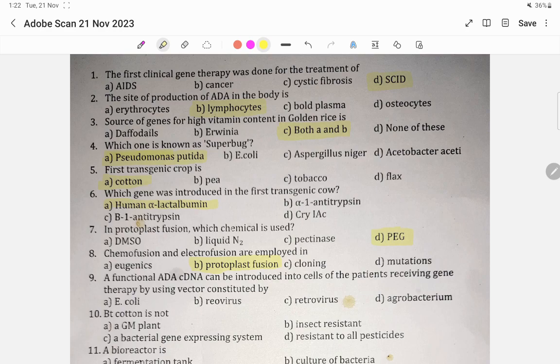A functional adenosine deaminase cDNA can be introduced into cells of patients receiving gene therapy by using a vector constituted by